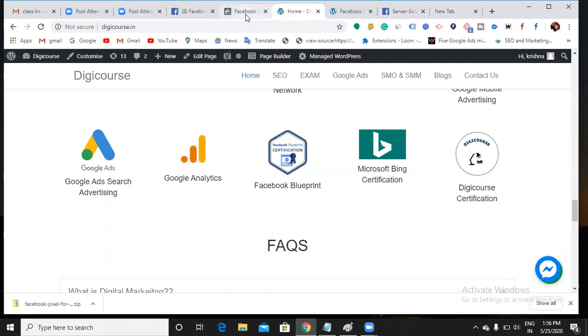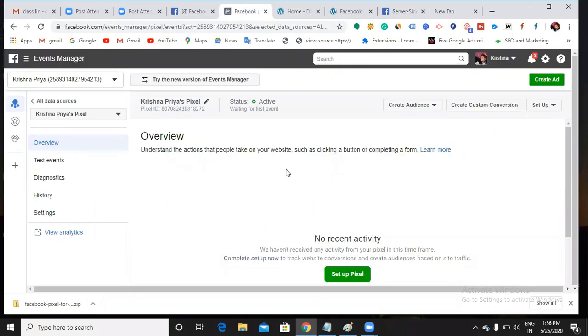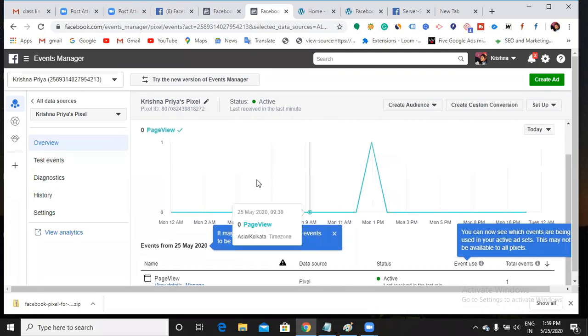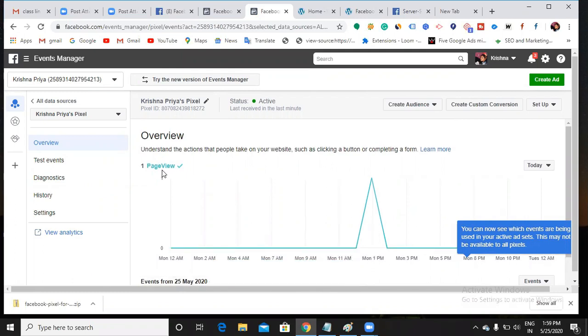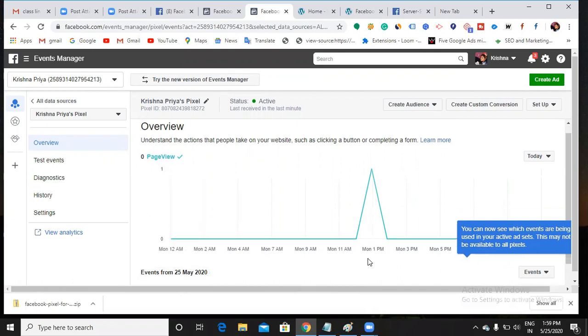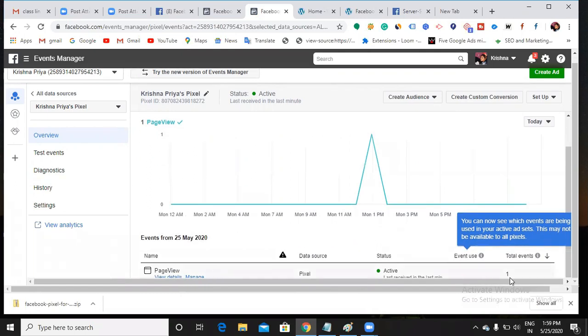Now let us see how we can do this. Again, that also happens only when you have a pixel. Can you see? I already have the pixel, right? It is showing how many page views I got. So one page view I got, and it is showing the page view details.